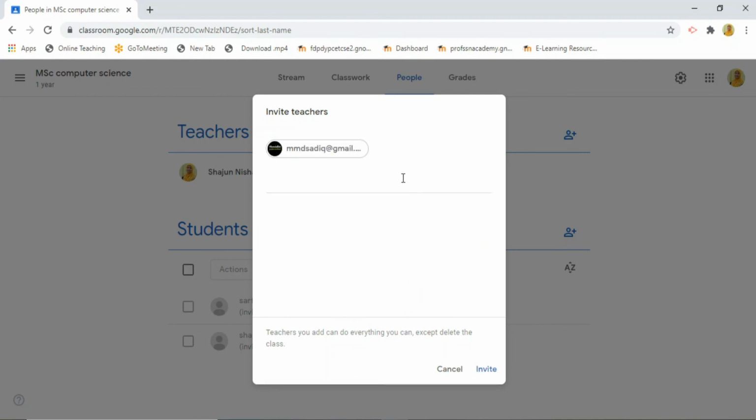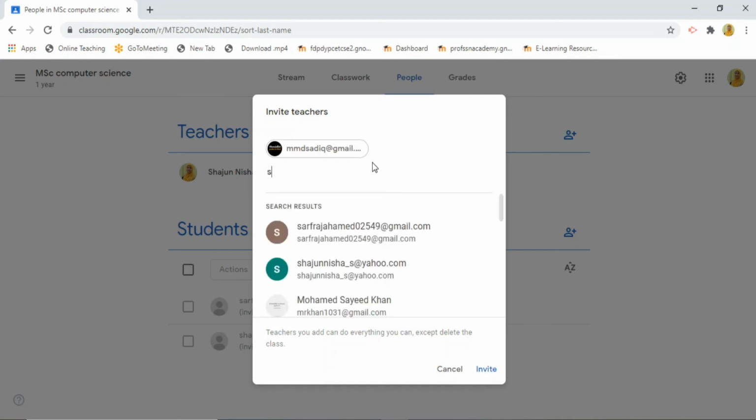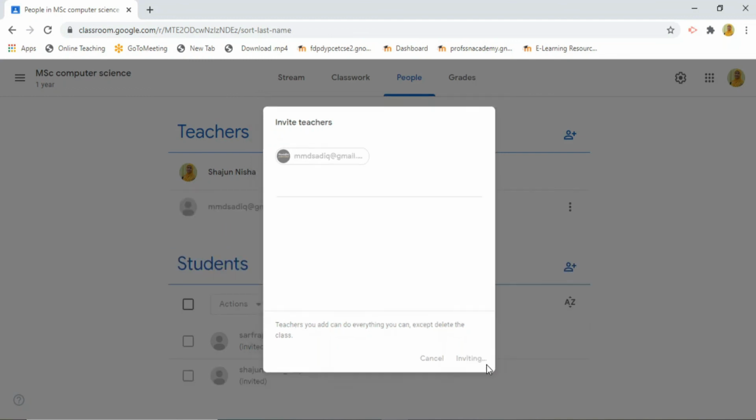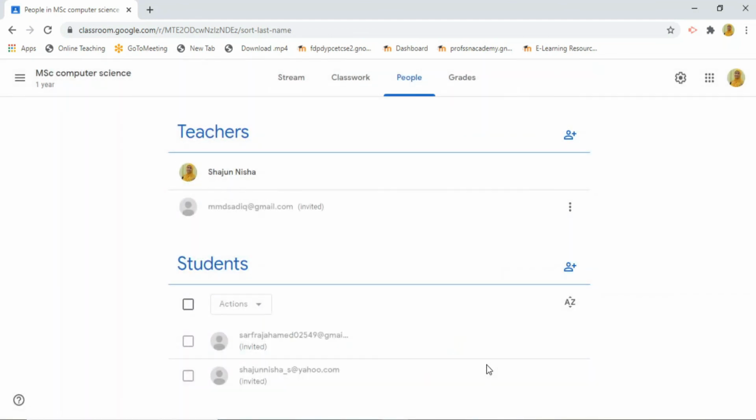Here I am adding one. In this way, you can add more teachers and press the invite button. It sends the invitation to the teacher. Now it will show that the teacher has been invited to join your classroom. In this way, you can add any number of teachers and students to your particular classroom.